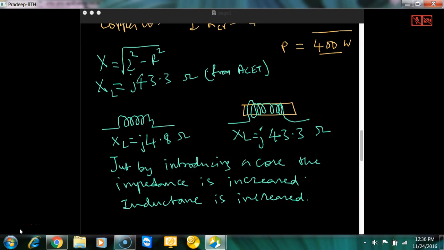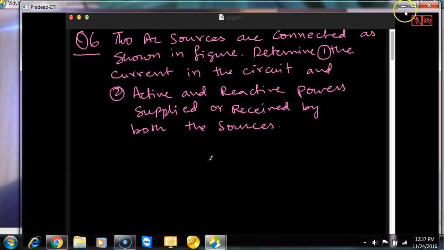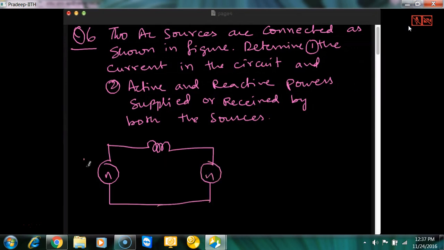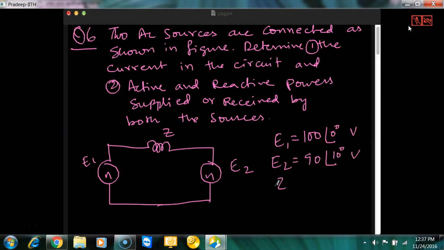Yeah. So I think this is about the fifth question. Any doubts you are having? So the figure is not given. I'll just draw the figure. This is E1, this is E2, and this is Z. Okay. So E1 equal to 100 at an angle of 0 degrees, E2 is equal to 90 at an angle of 10 degrees, volts, and Z is nothing but